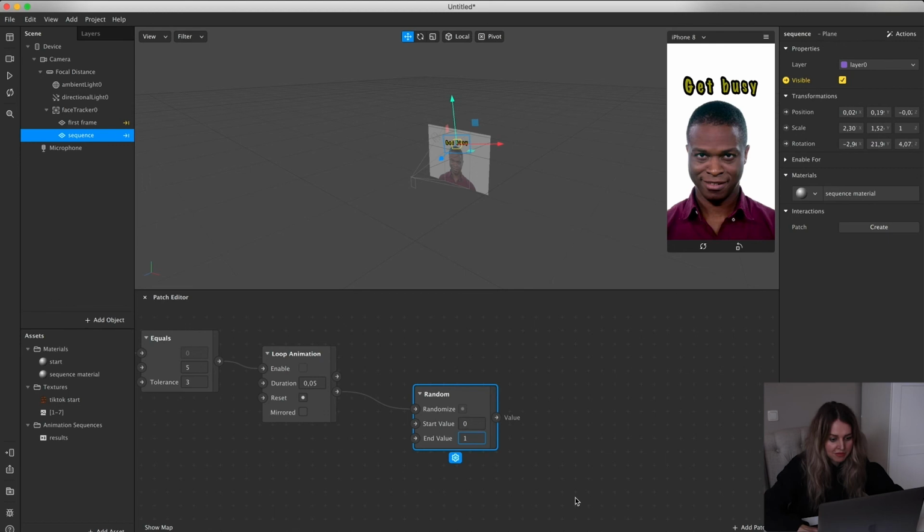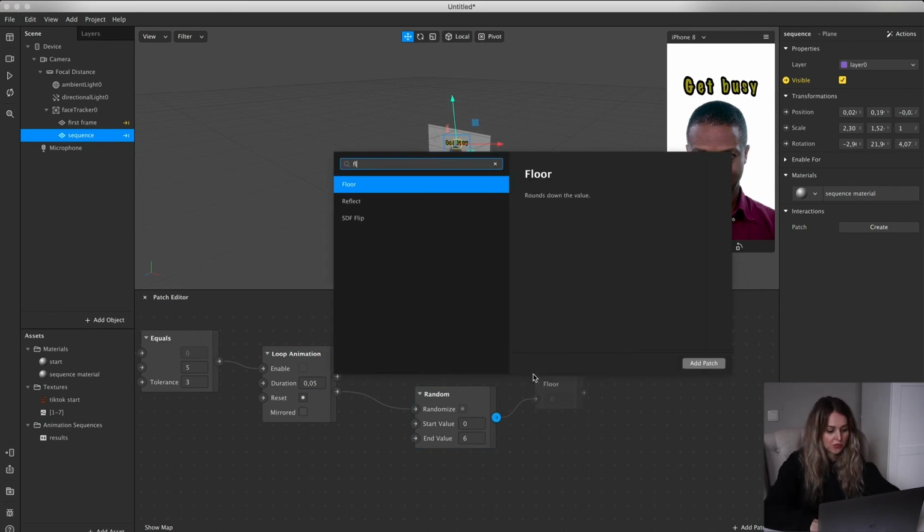And after the random patch, here's the random. So what we have to do here is we define the start value and the end value. So in our case, I believe we have 7. To me it says that I have 7 materials, but I'm really not sure of that. So anyways, we go with 7. So in this case, in the random, we're going to define how many different options we have that it can actually choose from. So in my case, we have 7. The start value, you need to leave it at 0 because Spark AR, 0 is already the first value. So we've got the random here, and then we're going to add another patch which is called floor,